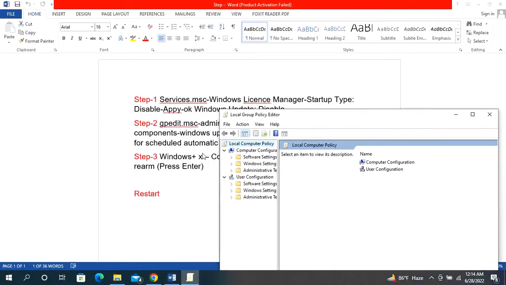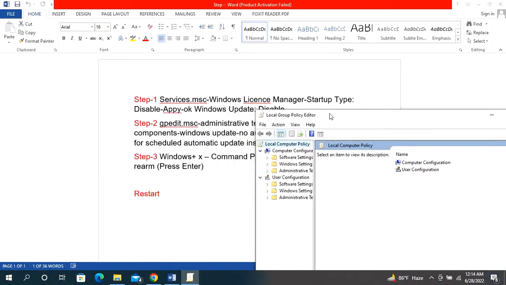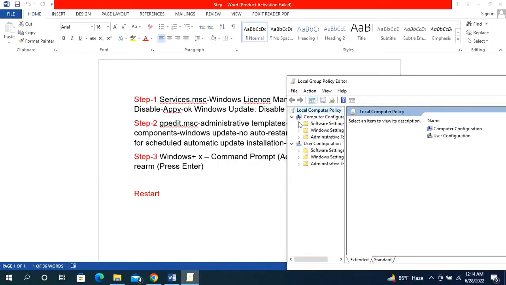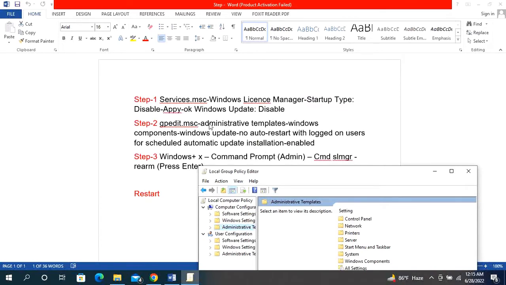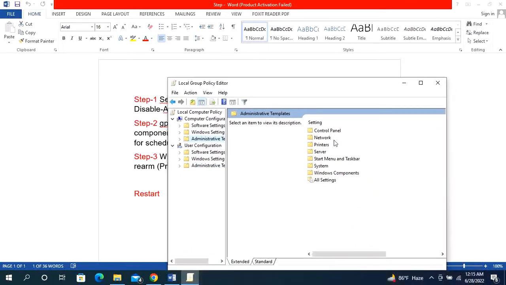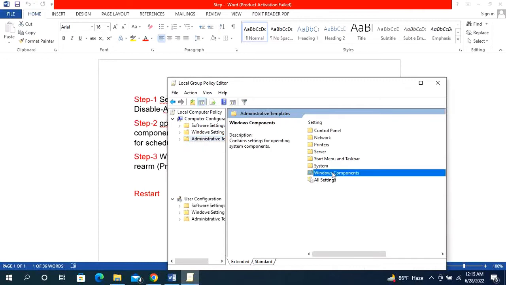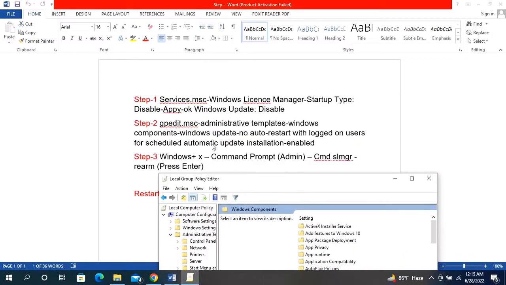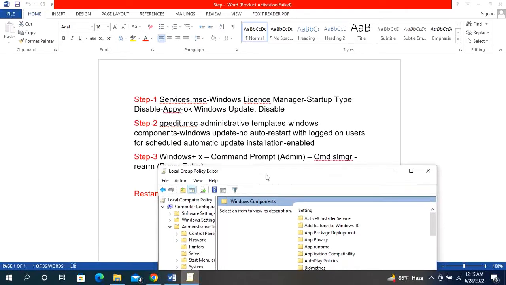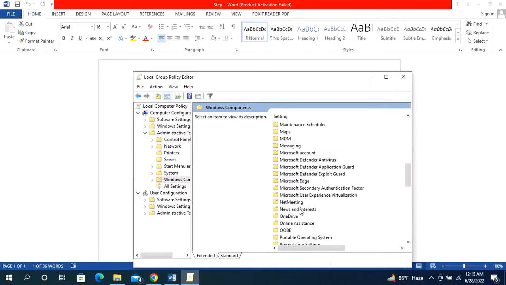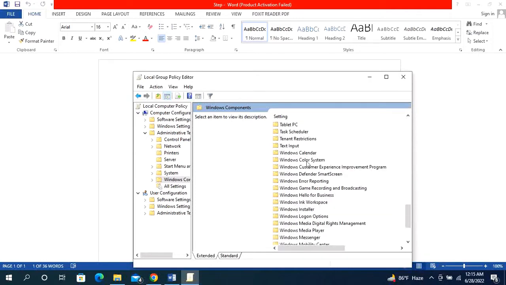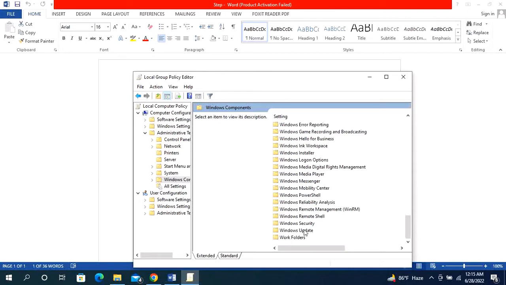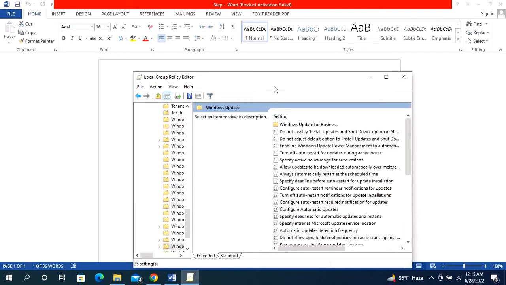Okay, so at first we have to find administrative templates. Here you see administrative templates. From administrative templates we'll have to select Windows components. So let's find Windows components. Okay, here Windows components, double click here. From Windows components we have to find Windows update. So where is Windows update, let's find it. Windows update. Okay, double clicking here, and then